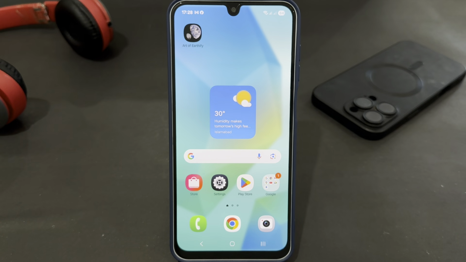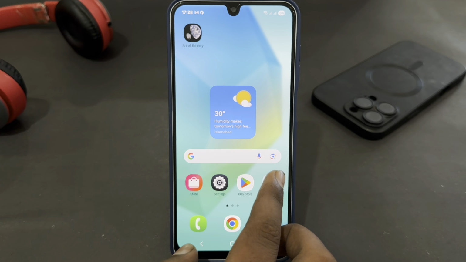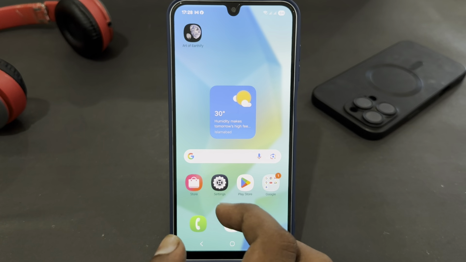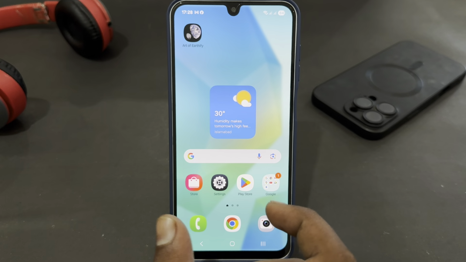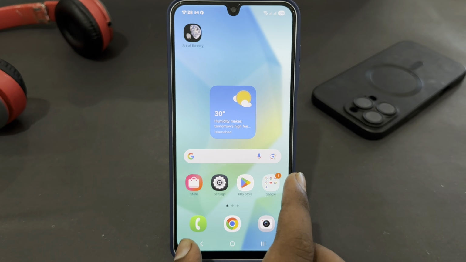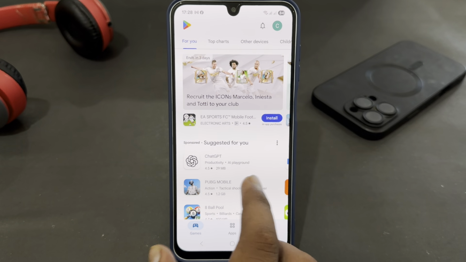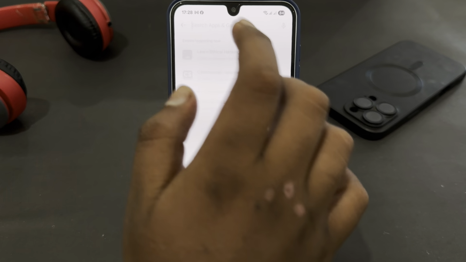Hey guys, today I'm going to tell you how to convert picture to PDF on any Android. If you're using an Android phone and you want to convert picture to PDF, so let's see how you can do that. You just have to open your Play Store app and here just go for search,